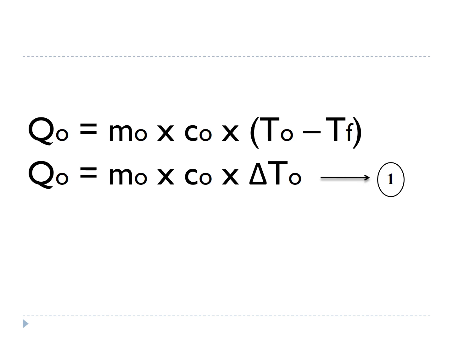and the temperature change. Now when I told you that the object is hot, that means the temperature is already high. What is the object going to do? It's going to give away its heat. So the initial temperature of the object is high and the final temperature is low. That is why we have written To minus Tf, the temperature of the object minus the final temperature. That means it's going to lose its heat by giving it to water and the calorimeter. Okay, this can also be written as Qo is equal to Mo into Co into delta To. This we will consider as equation 1.